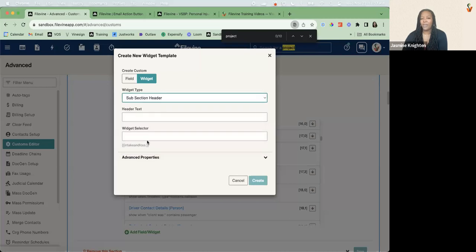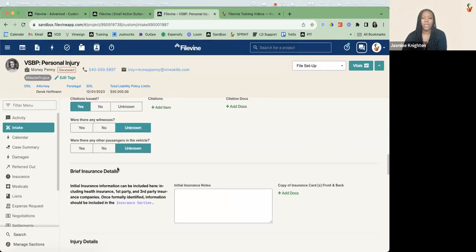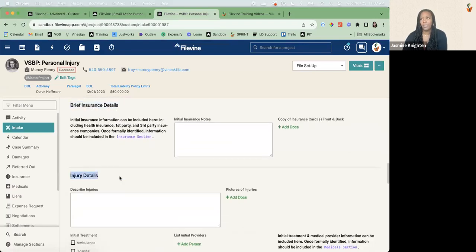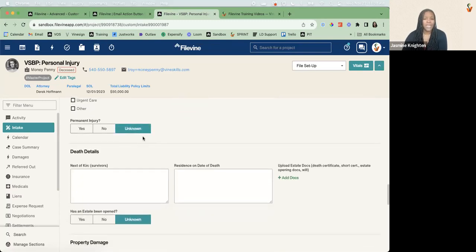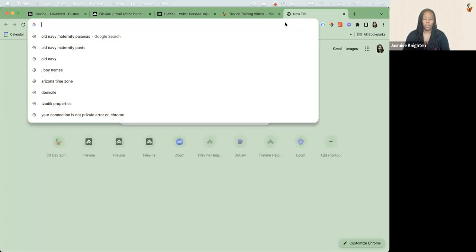And then subsection headers, similar to your instruction fields, just help to make it look a little bit more visually appealing, break things up. This would be a subsection header, and so would this. You'll see throughout our build, we do have like purple text. These items are bolded here, things like that. If you're looking to do special formatting like that, even bulleted, you can go here to